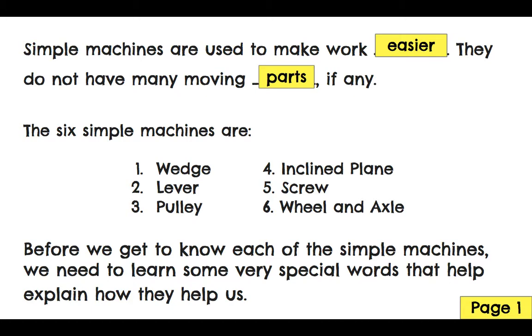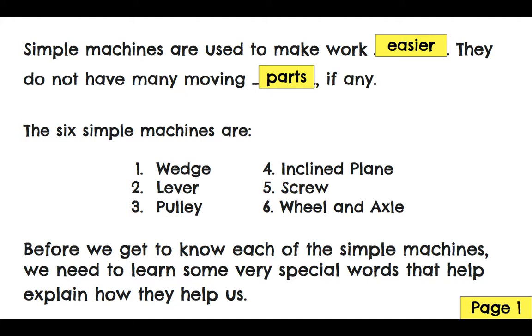So that's number 4. The 5th one we're going to learn about is a screw. I know you all have heard that before. And number 6, the last one, is the wheel and axle. I know it has 2 items in it, wheel and axle, but they work together to make one simple machine. Okay. Now, before we get to know each of the simple machines, we need to learn some very special words